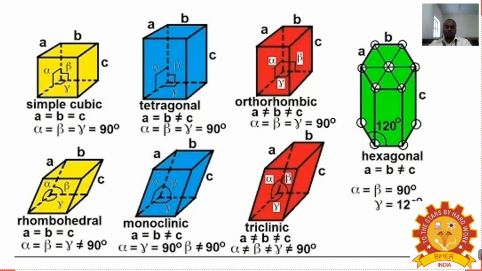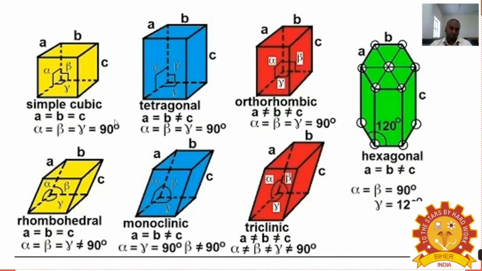The crystals are generally classified into 7 types. They are simple cubic, tetragonal, orthorhombic, rhombohedral, monoclinic, triclinic, and hexagonal. These classifications are based on the lengths and angles of the ions arranged in a three-dimensional manner. The lengths between two atoms or ions, or the angles between them, vary. Due to that, we classify them into 7 crystal types.